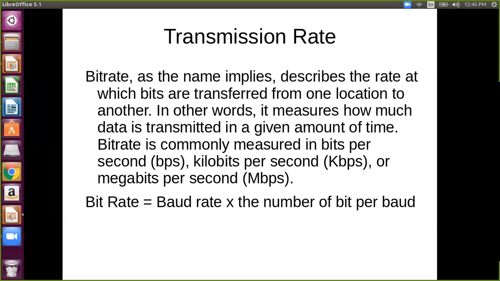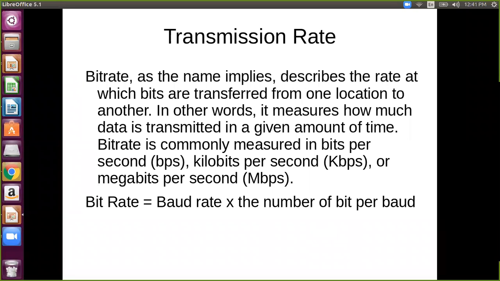What is baud? Baud is a segment of bits, a sequence of bits. The number of bits are collected in a baud. So directly or indirectly, we can consider that baud rate is in some way a bit rate. But because we are taking a number of bits in a baud, we say this baud is known as a signal. So a particular signal transmitted from one location to another is the baud rate.